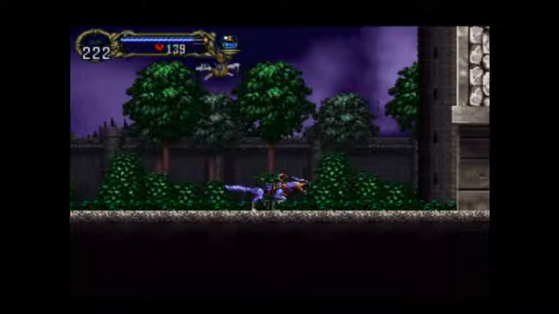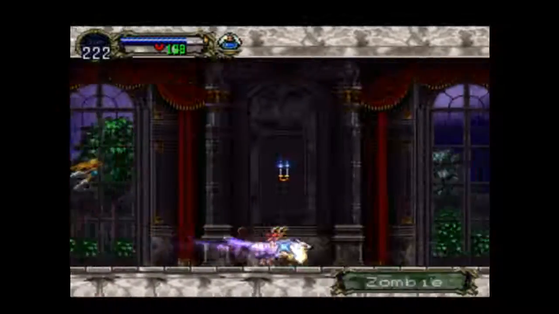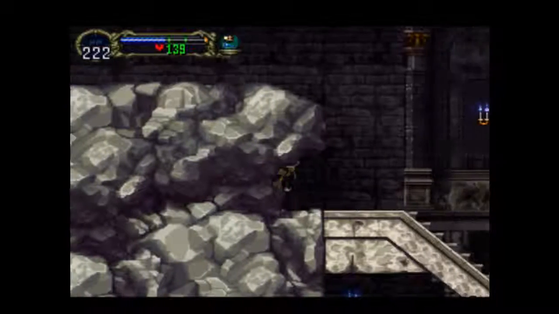So now we can run much more quickly as the Wolf. I think it's a Hadouken motion? No, I think you just double tap it and then you go really fast. Dear Lord. Anyway, before we go to the next location, a couple more things I'd like to show off